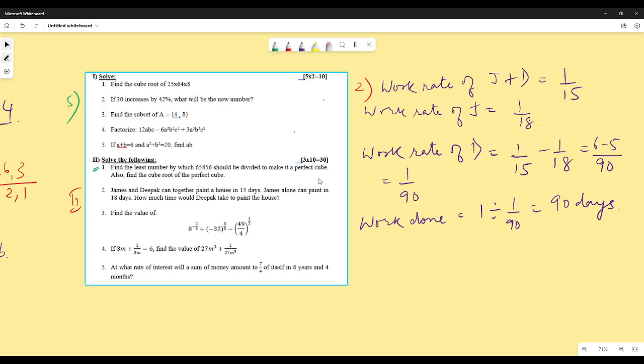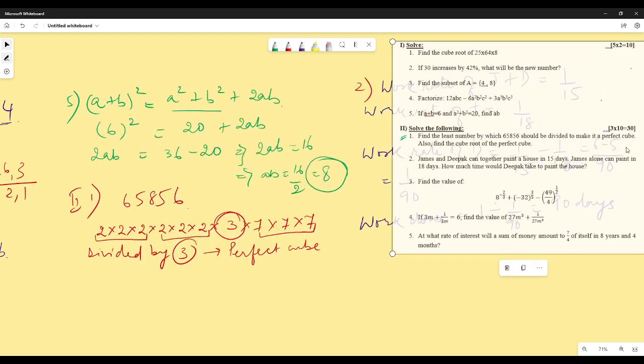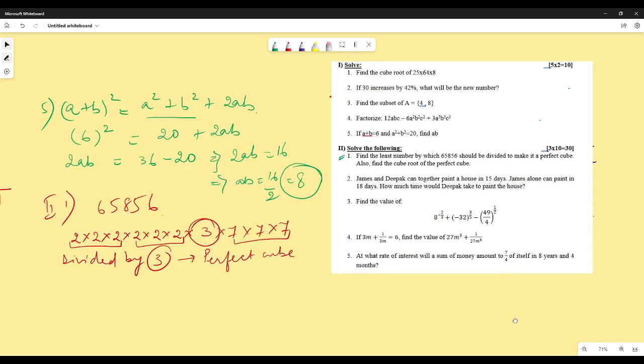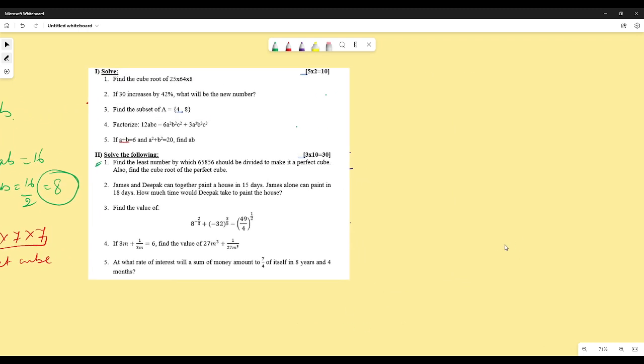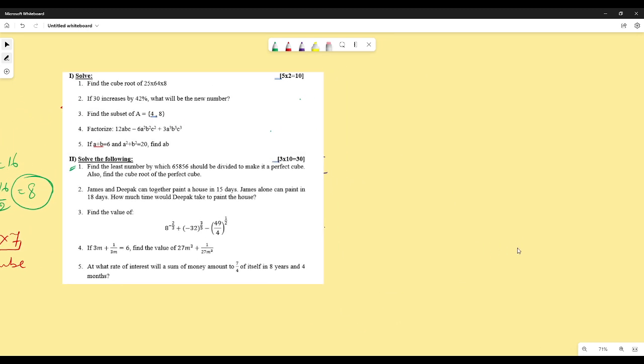Now let us move on to the next question. Third question. Find the value of, let me write the question over here, 8 to the power of minus 2 by 3 plus minus 32 to the power of 3 by 5 minus 49 by 4 to the power of